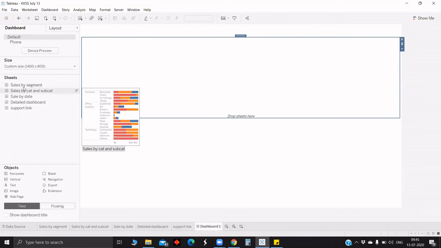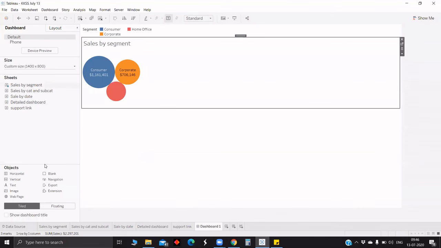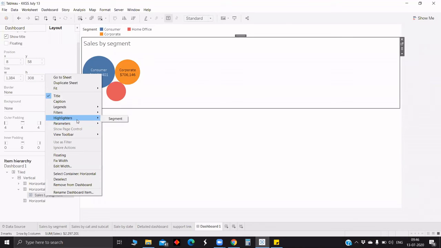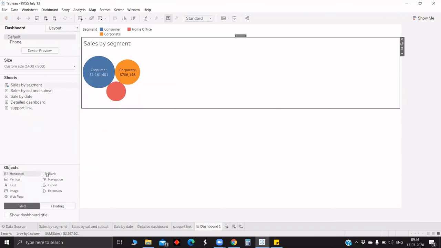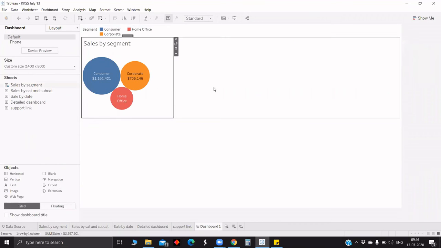So first we will bring in sales by segment and also segment by product. So layout, sales by segment. Since it's inside a horizontal, we will be able to control the width, edit width 400. Though we have given 400, we don't know what the size of 400 is and how it looks. That's why we will pull the blank inside. So now we will be able to view the size of the width exactly.